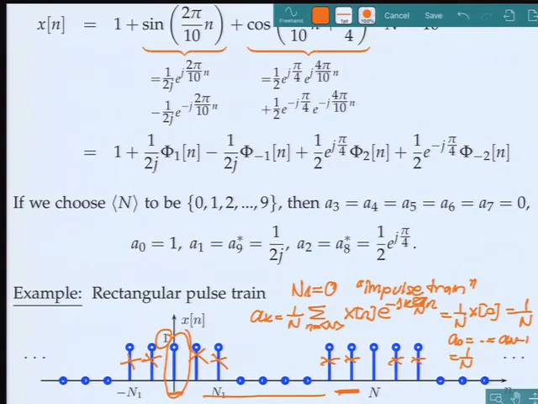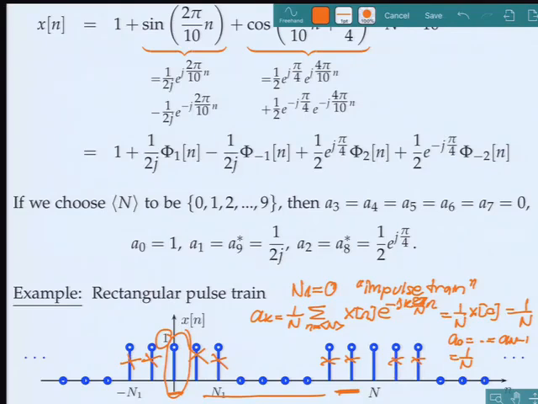And N1 is basically the width, the duration, right? It's where this guy ends. If we set N1 equal to 0, basically we have one impulse, nothing else. And it comes back at time N. So it's periodic. Okay, so that's the interesting thing. That means for an impulse train, all Fourier coefficients are the same. They're all equal to 1 over N. That seldom ever happens. In fact, the moment I change N1 from 0 to anything else, I lose that property.